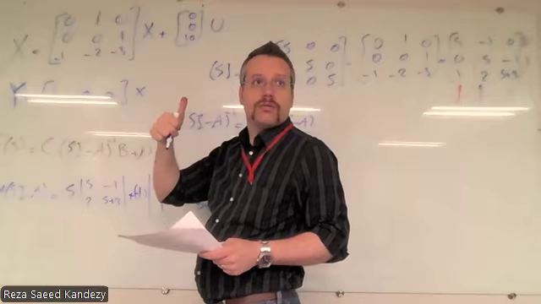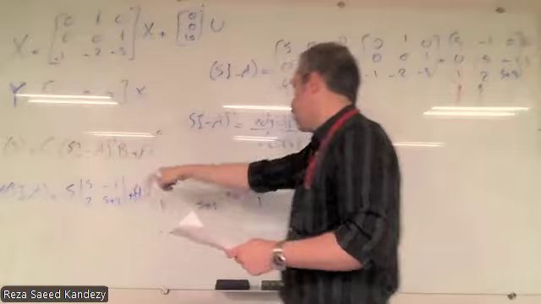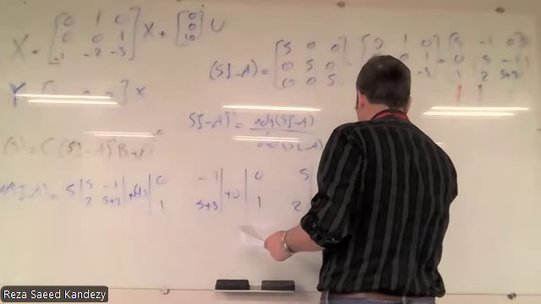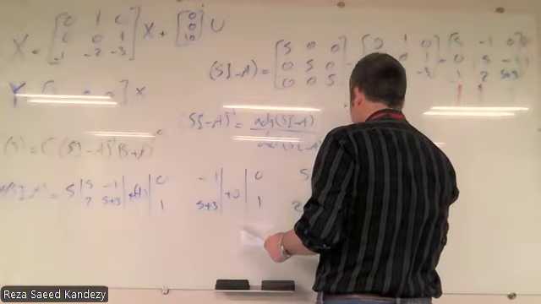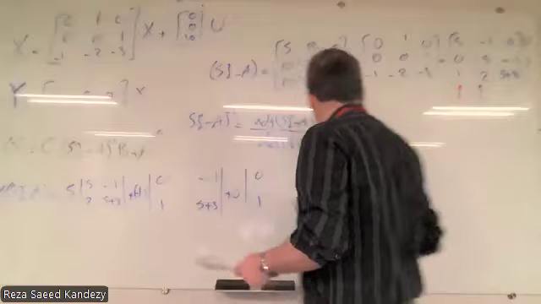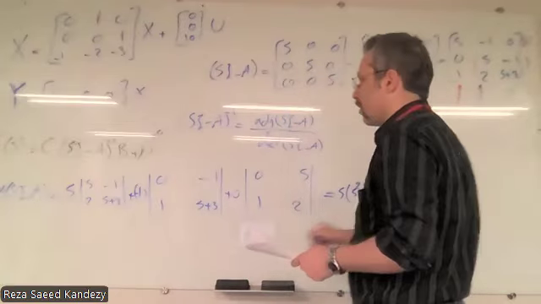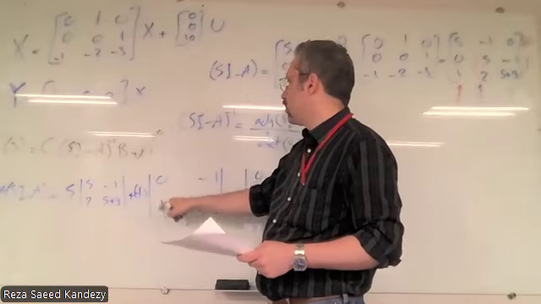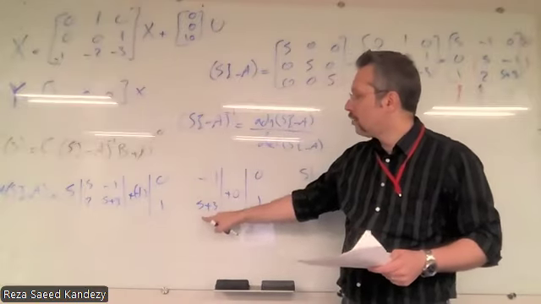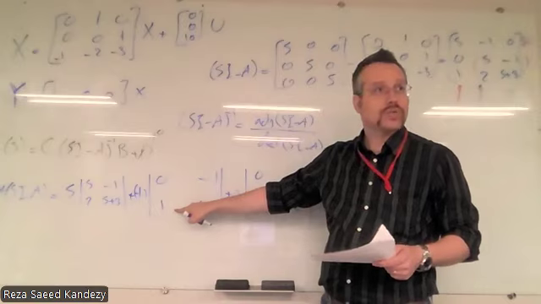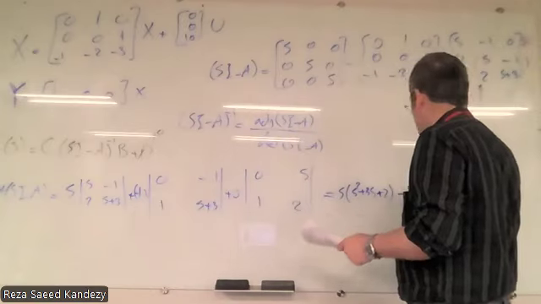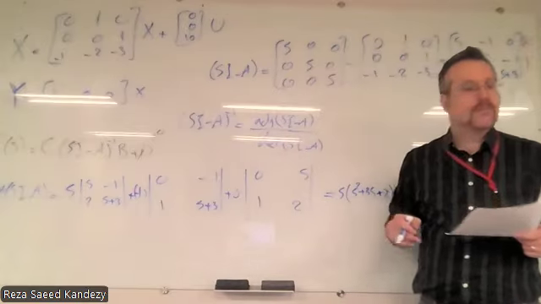Is that clear? Remember that? So that one is going to be S times S squared plus 3S minus 2, which is plus 2. The other one is going to be 0 minus 1, which is plus 1. And the coefficient is minus 1, so it's going to be minus 1. Are we good